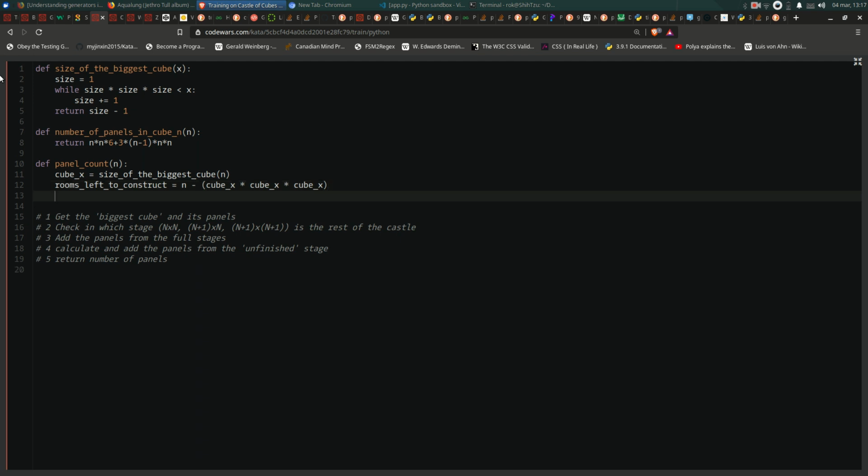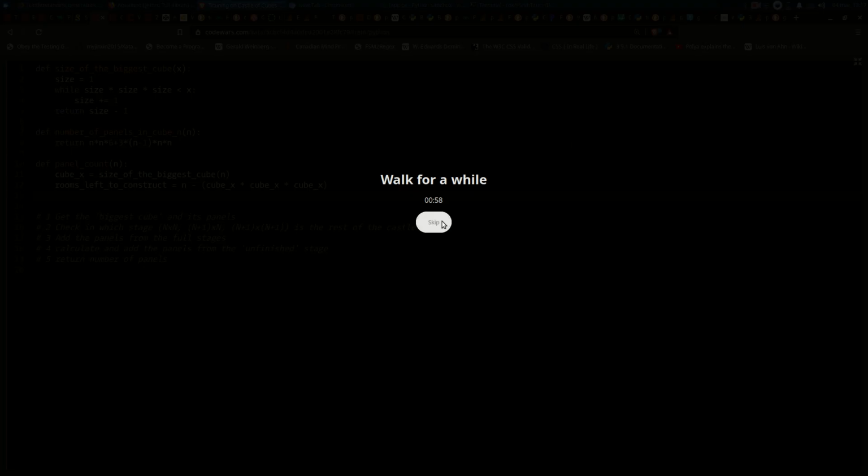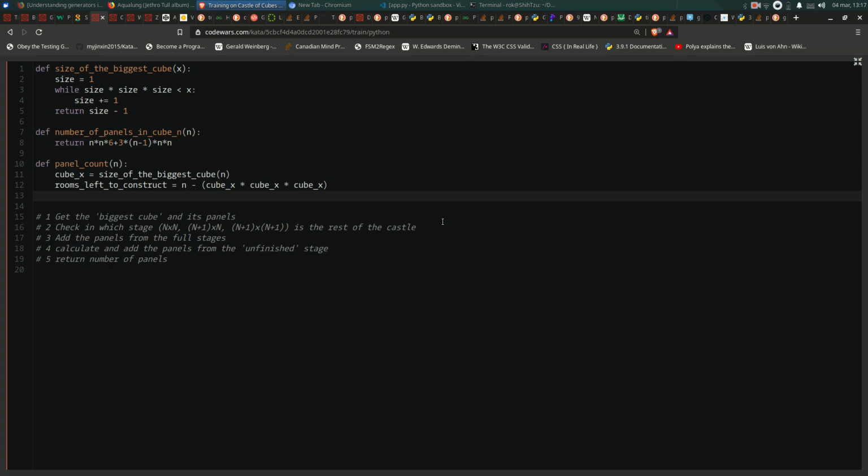And those are rooms left to construct. And then we say